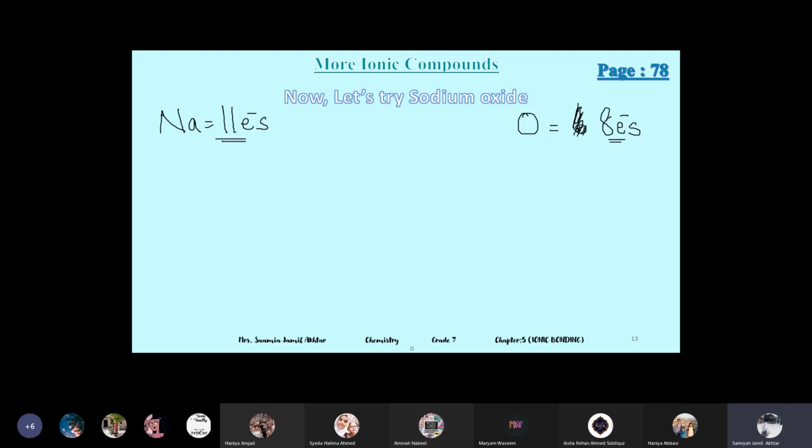Are you trying, Beta? This is kind of hard. Just think. Write its electronic configuration and think how many electrons will be transferred, who will receive. Obviously, sodium is a donor. It's a metal, and I told you that metal always gives. Metal will give. And oxygen is a non-metal, so non-metal will receive. It will take.